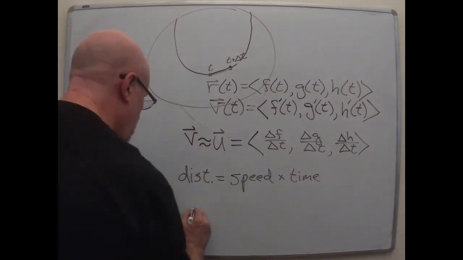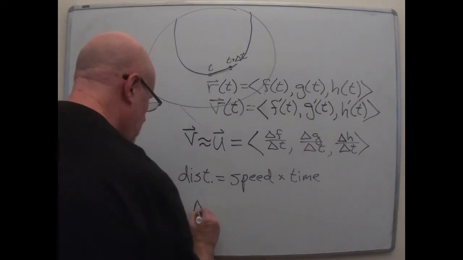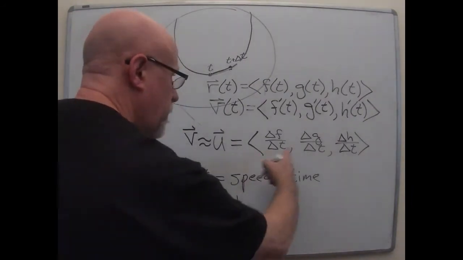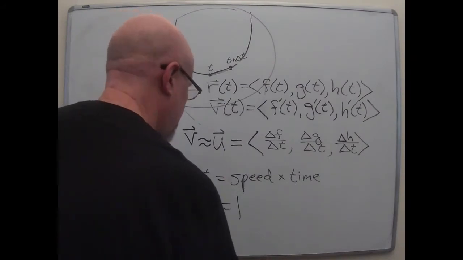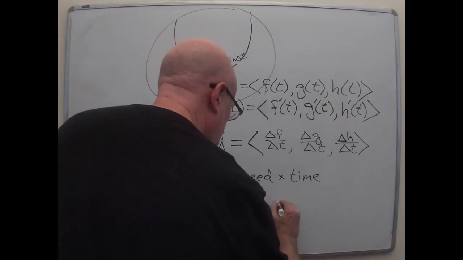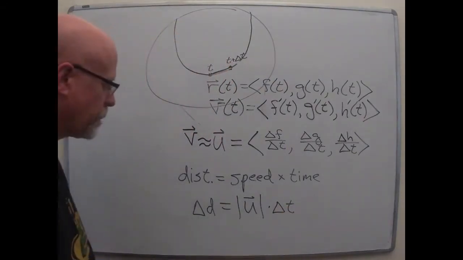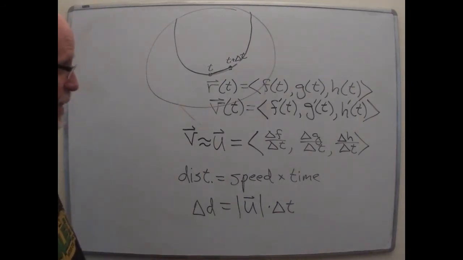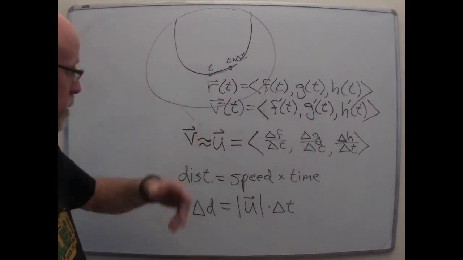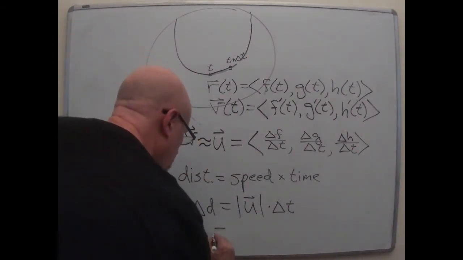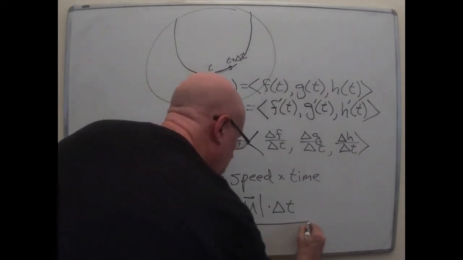So the thing that we're thinking of as a little increment of the distance is the length of the vector I've just written down there. Let's call it just the length of u for now, times delta t. So let's work out what is the length of vector u. Its components are right in front of us. So we just square root the sum of the squares, and this is why the formula comes out the way it does. What we get here is the square root of